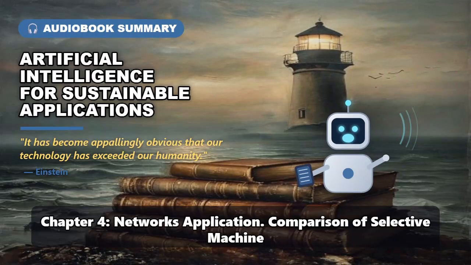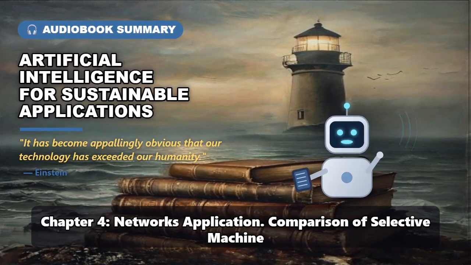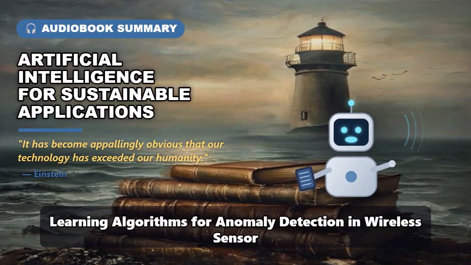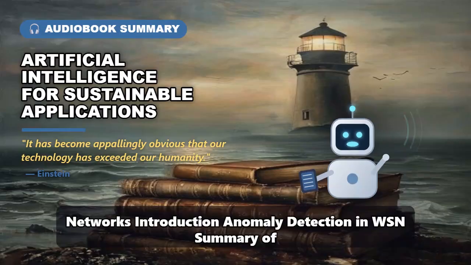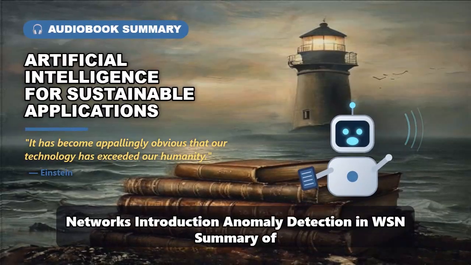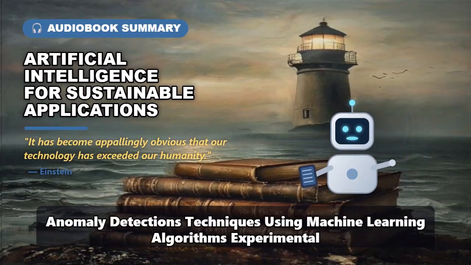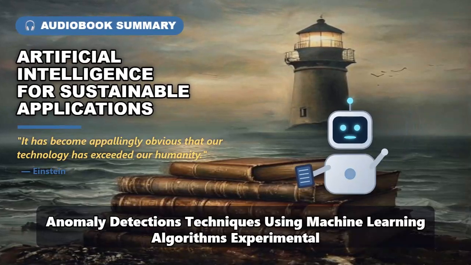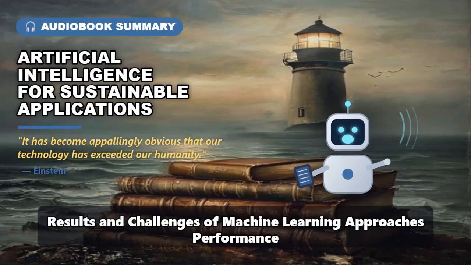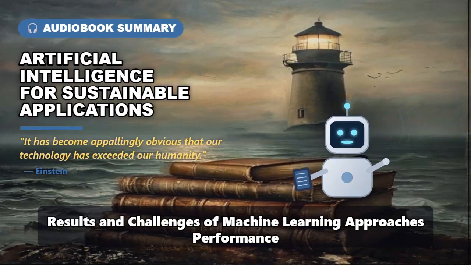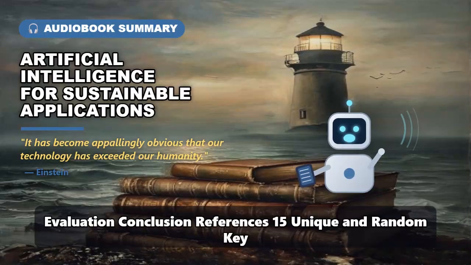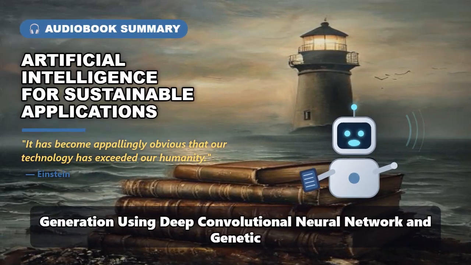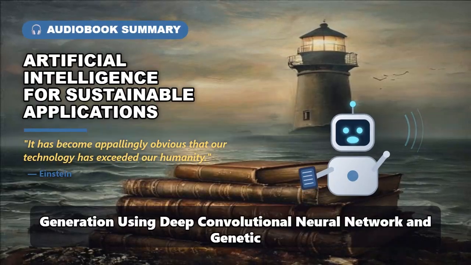Chapter 4: Networks Applications. Comparison of selective machine learning algorithms for anomaly detection in wireless sensor networks. Introduction. Anomaly detection in WSN. Summary of anomaly detection techniques using machine learning algorithms. Experimental results and challenges of machine learning approaches. Performance evaluation. Conclusion. References: 15. Unique and random key generation using deep convolutional neural network and genetic algorithm for secure